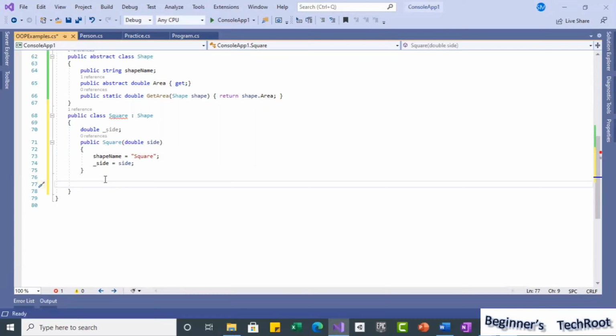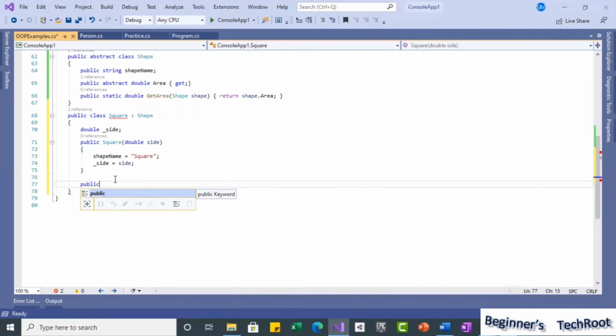As we discussed, overriding can be done if the member is either abstract, virtual, or override. As it is in the base class, area is abstract. So now here we can override it to give our own implementation for square.